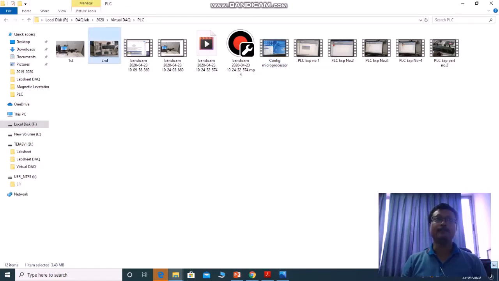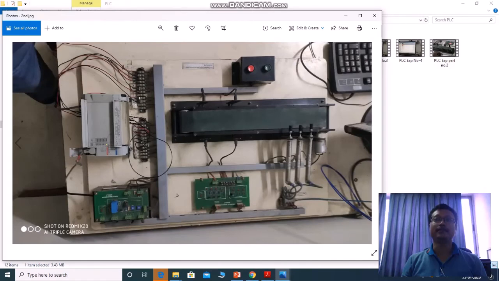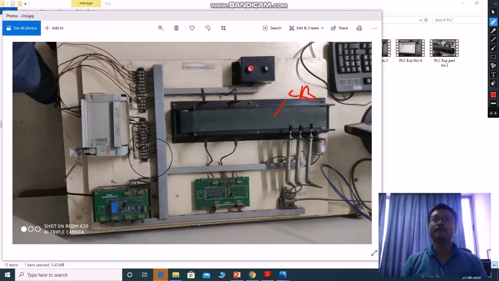And this is the top view of the PLC experiment. You are able to see clearly. So this is the conveyor belt, here are the single acting cylinders, this is the DC motor.